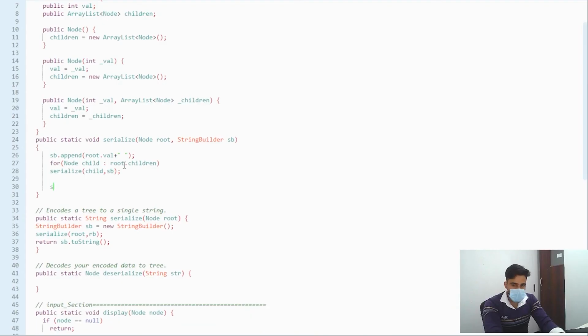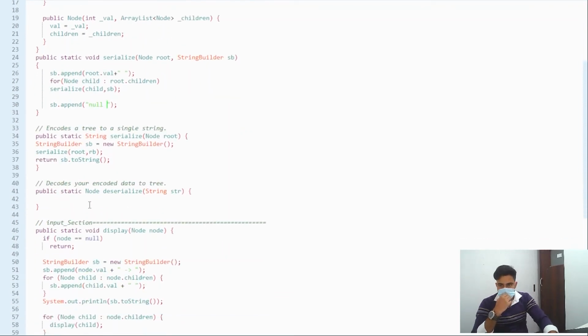And at last what we need to do, sb.append null. Here I'm adding null as a delimiter. Okay, adding null as a delimiter. So that's all for the code of serialize.